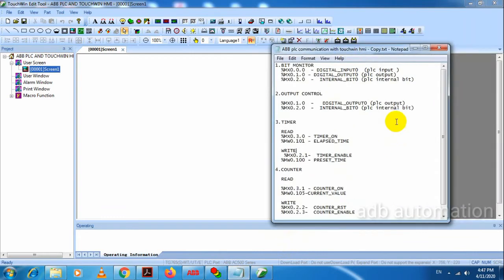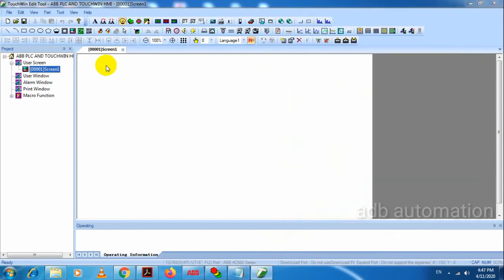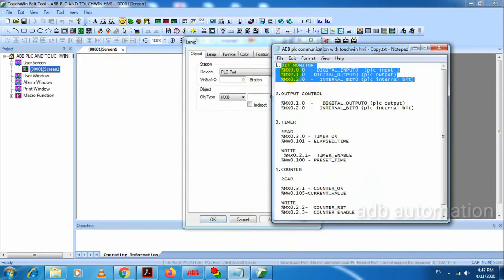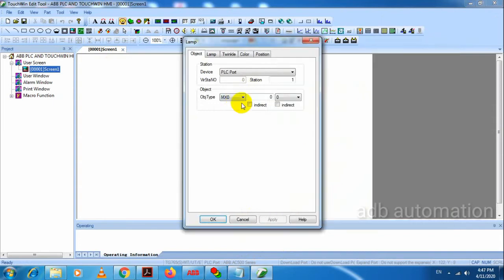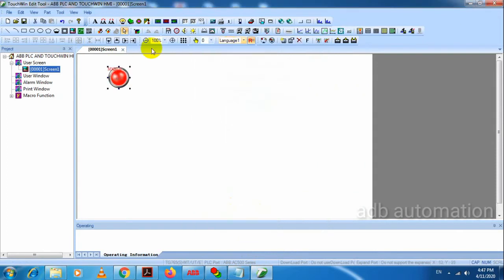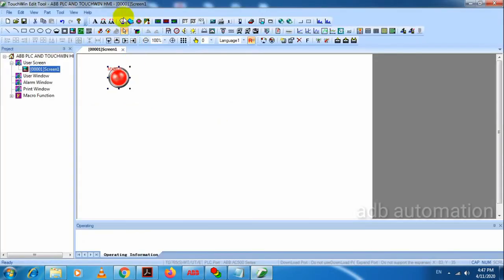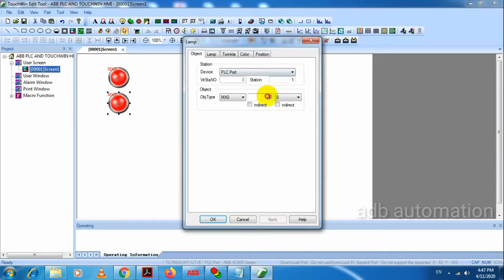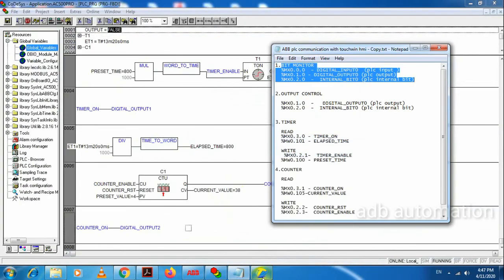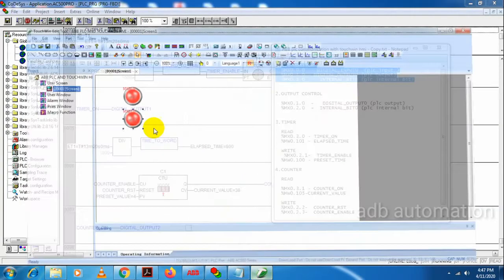First we are going to monitor these 3 bits. I'll select lamp and enter the address mx 0.0.0. Already it is there, mx 0.0.0. Okay, next address is mx 0.1.0. Then the next address is mx 0.2.0.